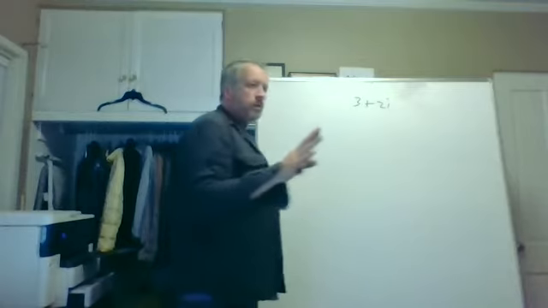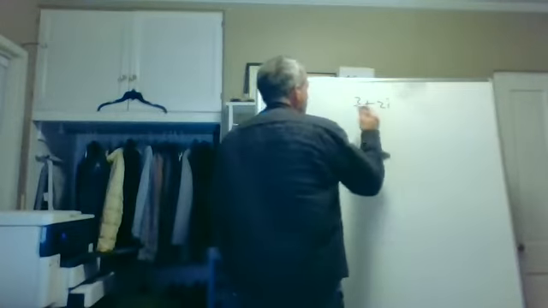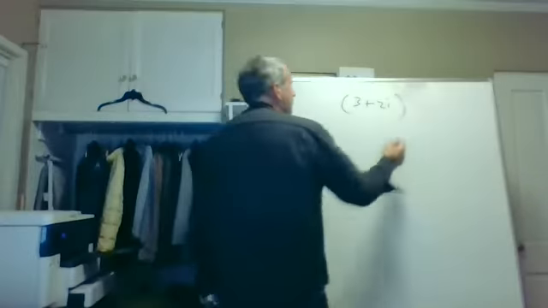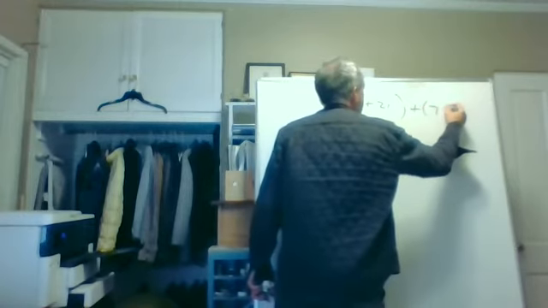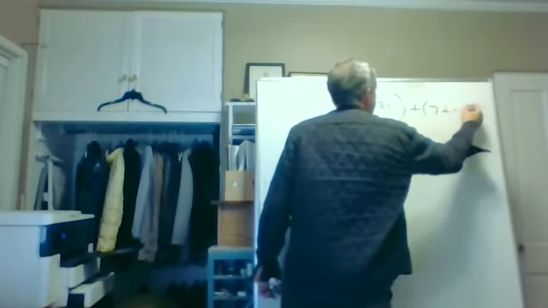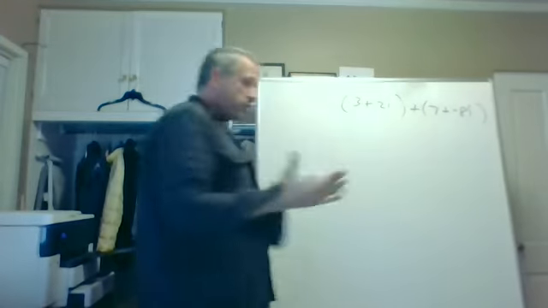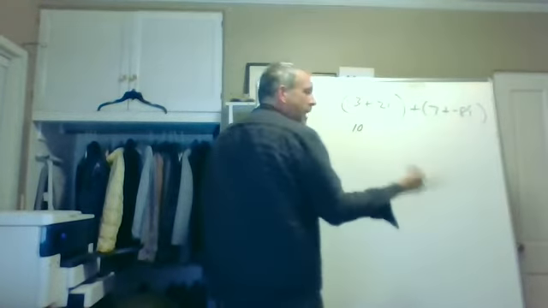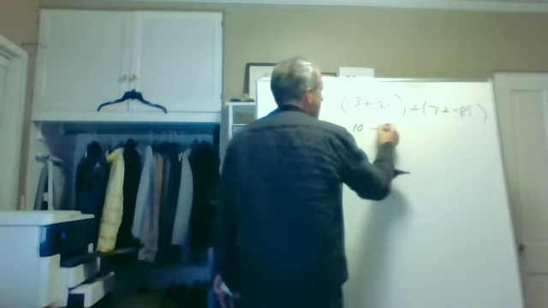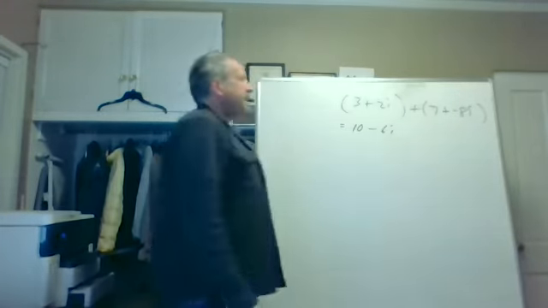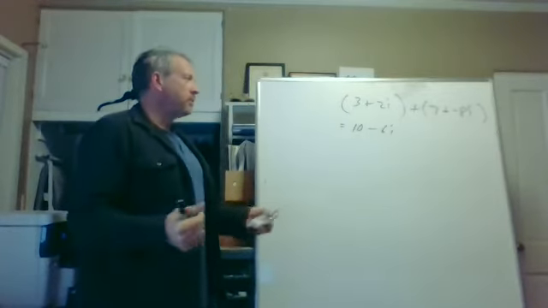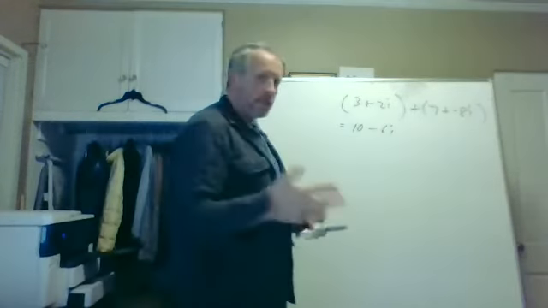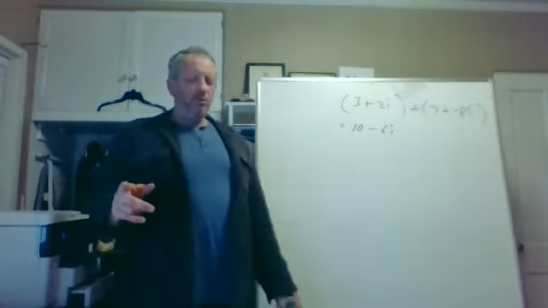Now, adding them, you do exactly what you think that you would do. So, for example, there's a complex number, I'll put parentheses to emphasize. And let's add another complex number to it. Let's say we had 7 plus negative 8i. Well, you can treat this like adding like terms. We add the real terms, 3 plus 7 is 10, and then you add the imaginary terms, 2i minus 8i is negative 6i. And you do the same thing for subtracting. And there's practice problems in the book, but the good news is adding and subtracting, you do it just the way you would think. So not a whole lot to be said about that,